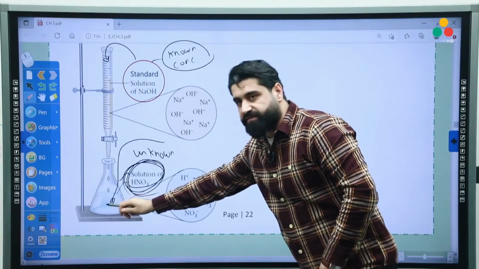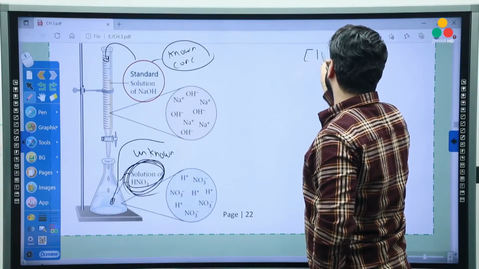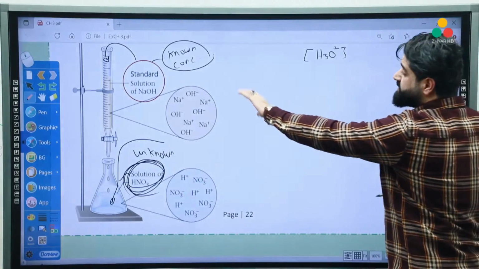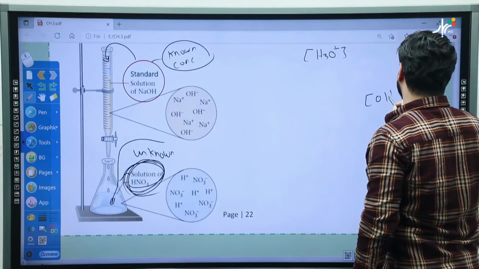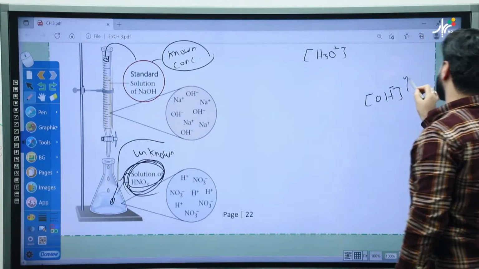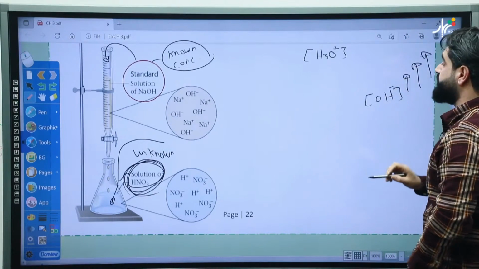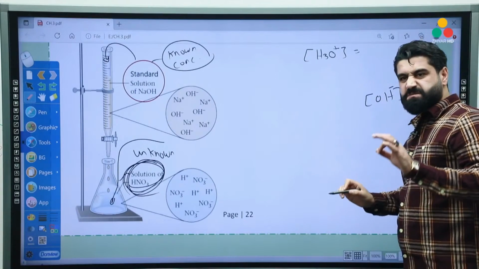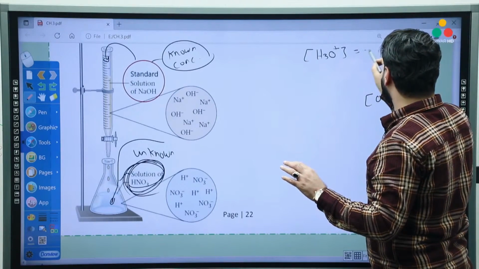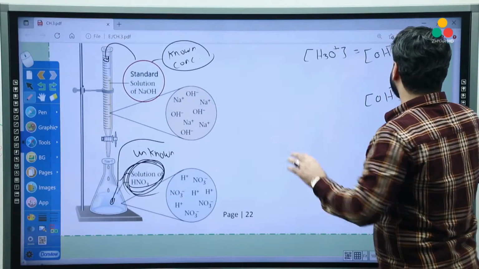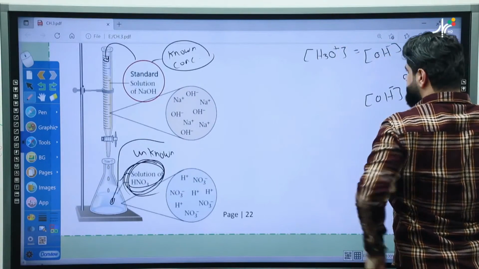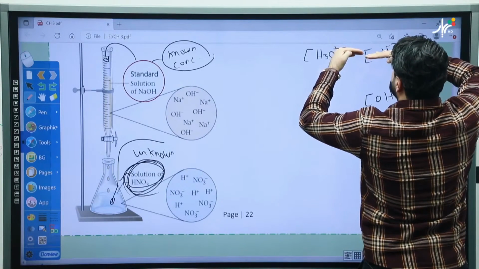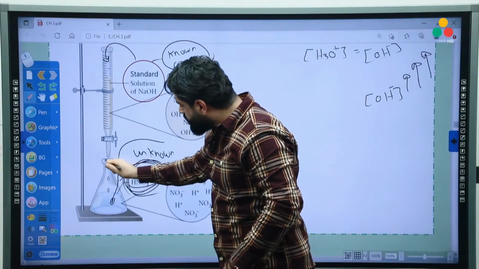Before starting here, we have acid, so it contains a large amount of H3O because the medium is acidic. As much as the base is added, the OH concentration will increase continuously, until there will be a very narrow range for them to get equal. Look, still they are not equal. A very small range is between them. By the end of the last drop,